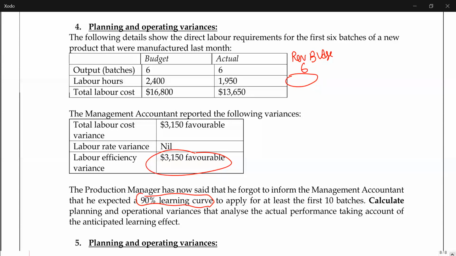So original budget is 2400 hours, there is a revised budget. This revised budget is going to be taken into consideration as the standard for the purpose of operating variance. Able to understand this? The budget itself is wrong. They are saying we made a mistake in the budget, we want to change the budget now. That is the requirement of the question. Working note 1,